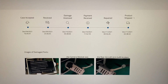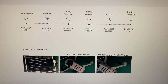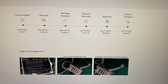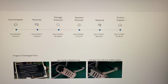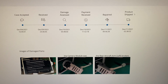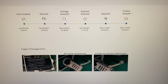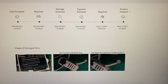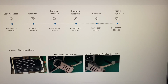So this is the timeline of my DJI Mini 2 repair request. It was on December 4th that they accepted my online repair request, and then I just followed their instructions, and they asked for the receipt to be uploaded online. So once I completed all of those requirements from them, they have this sticker from UPS. So you just have to follow any couriers that they ask you to send your drone with. So on December 9, you can see on the screen that they received my drone, put in a box, and then the day after, December 10th, they were able to assess the damages and any other things to fix, and then